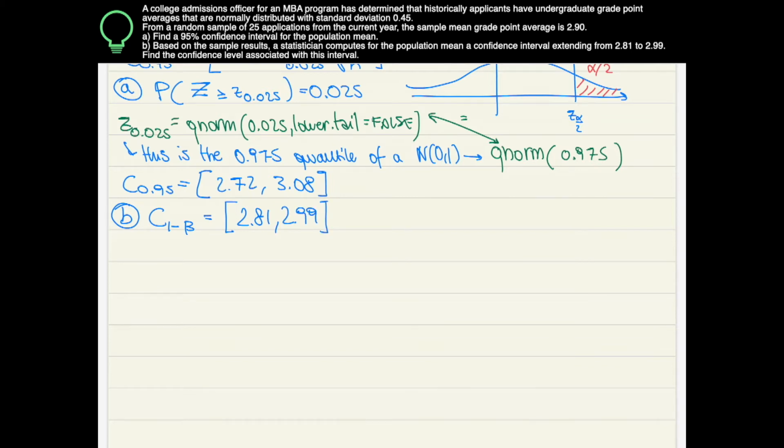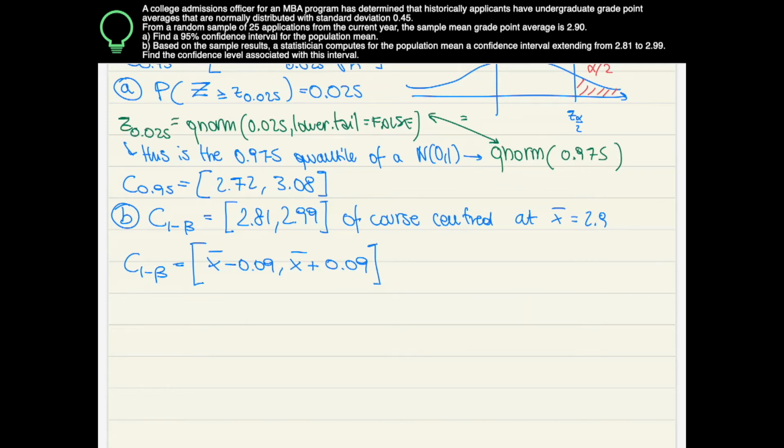Okay? So we need to find this beta, this alternative confidence level that they've used. We've seen that the confidence interval in this case is centered at x bar equal 2.9, right? So the confidence interval that we are dealing with, C1 minus beta, will have the form x bar minus 0.09, x bar plus 0.09. It's a confidence interval that has to be centered at 2.9, and therefore it's x bar plus or minus